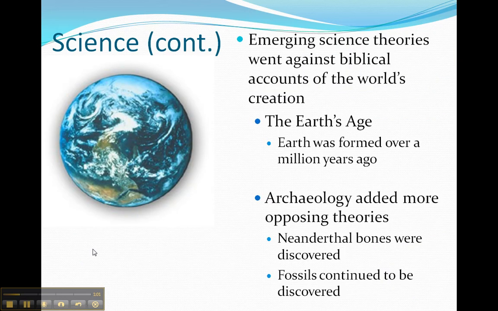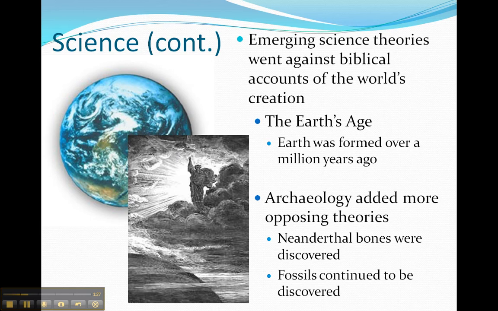In the Victorian era, a debate emerged on when exactly the Earth was created. A man named Charles Lyell came up with the idea that Earth was created over millions of years ago. His successors argued that the Earth's creation was at least 2 billion years ago. We now think that the world was actually created 4.5 billion years ago. This went against biblical accounts of the creation of Earth, which was the biblical story with Adam and Eve and an apple.